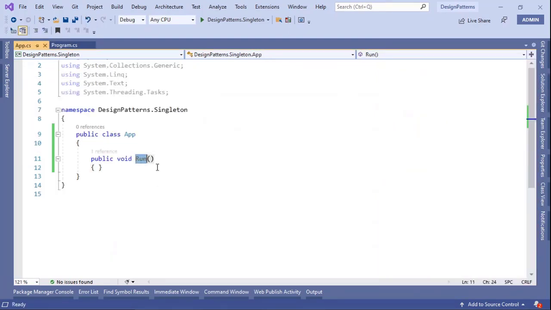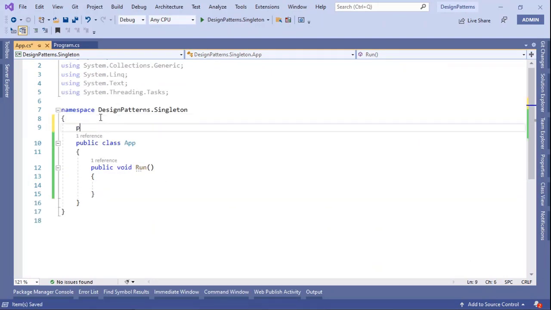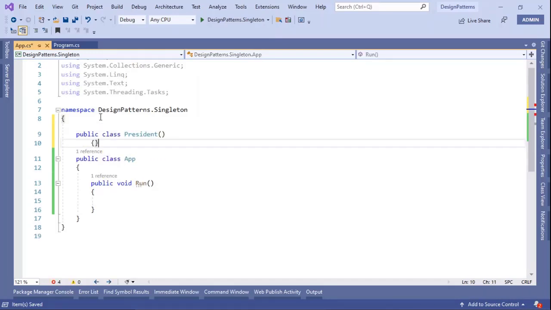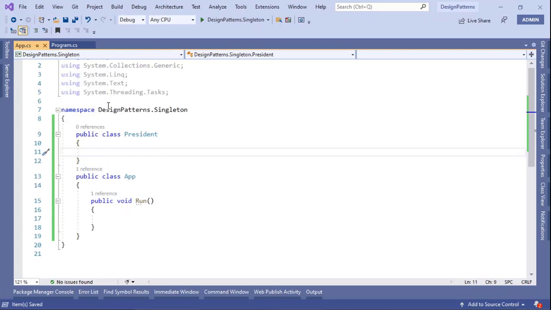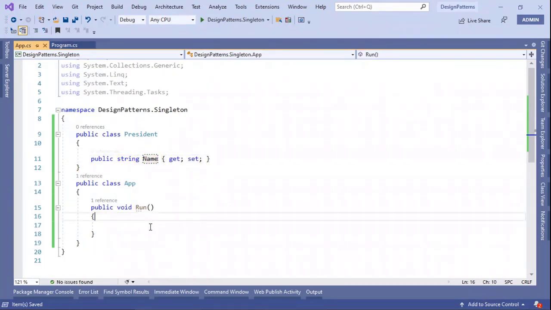In the run function, I want to figure out a class that is singleton. Sorry about this, public class precedent, and probably this precedent is going to have a name. All right. Now, every time I call this precedent instance,